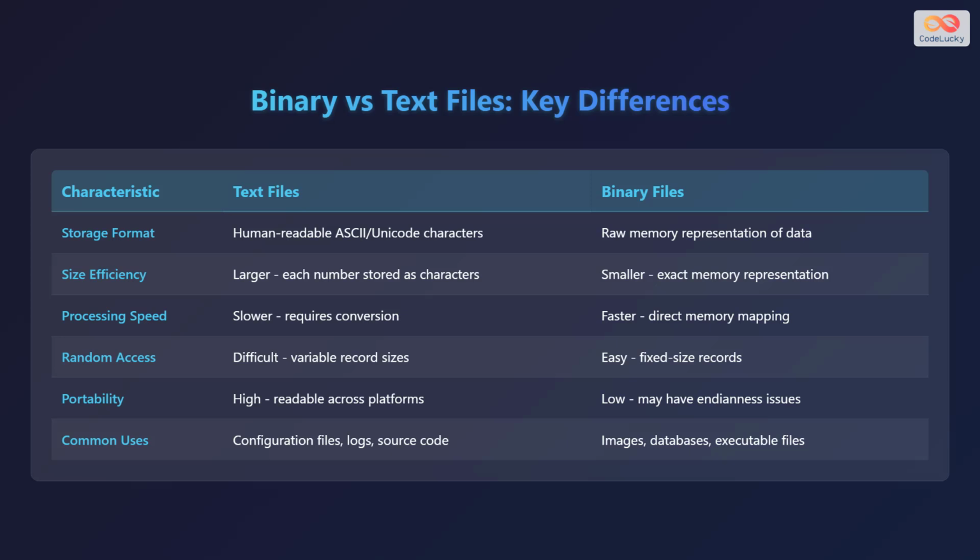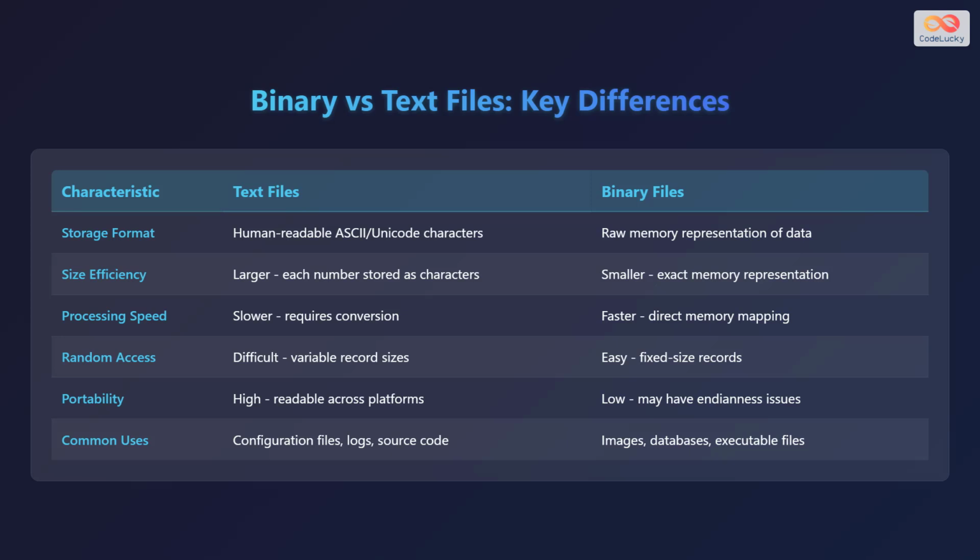Let's begin by understanding the key differences between text files and binary files. In terms of storage format, text files store data as human-readable ASCII or Unicode characters, while binary files store data as a raw memory representation. When it comes to size efficiency, text files tend to be larger because each number is stored as characters, whereas binary files are smaller, utilizing the exact memory representation. For processing speed, text files are generally slower as they require conversion, but binary files are faster, providing direct memory